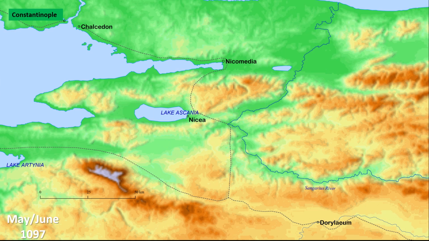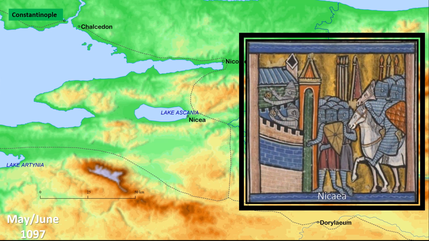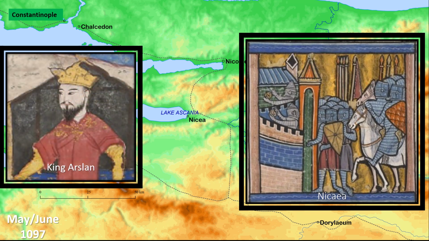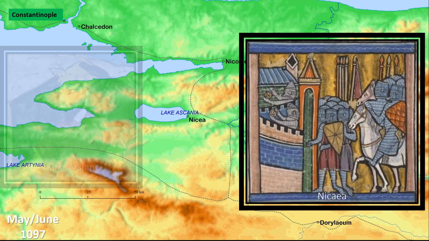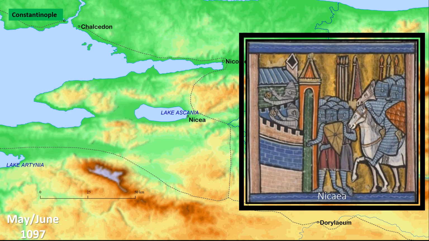The year was now 1097, and the Crusaders set off to besiege Nicaea. Emperor Alexius Comnenus did not send any troops, but he did send 2 generals to assist them. The Turkish king Arslan set off to stop them. Arslan was forced to retreat, so the Crusaders set up a siege, but without proper siege weapons, so a 6-week